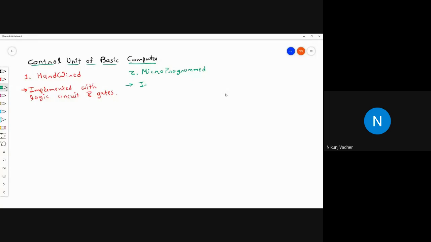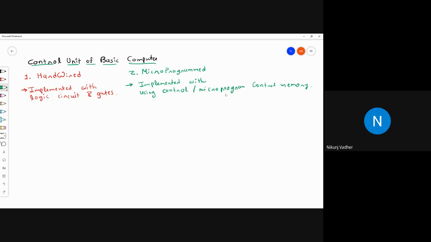And the control unit which is implemented using the microprogram control memory is the microprogram control unit.